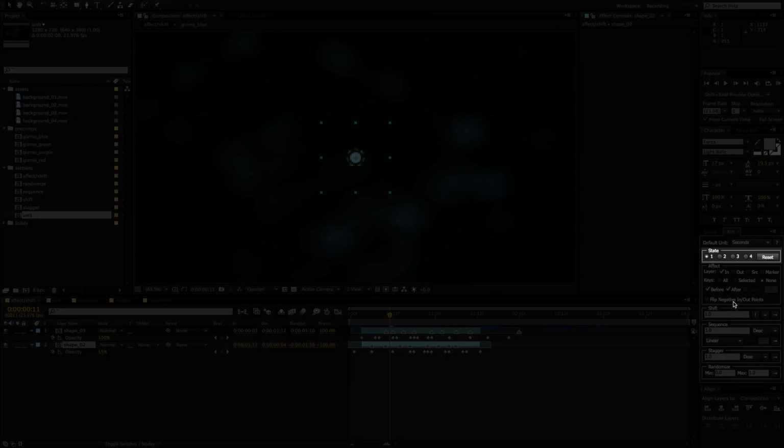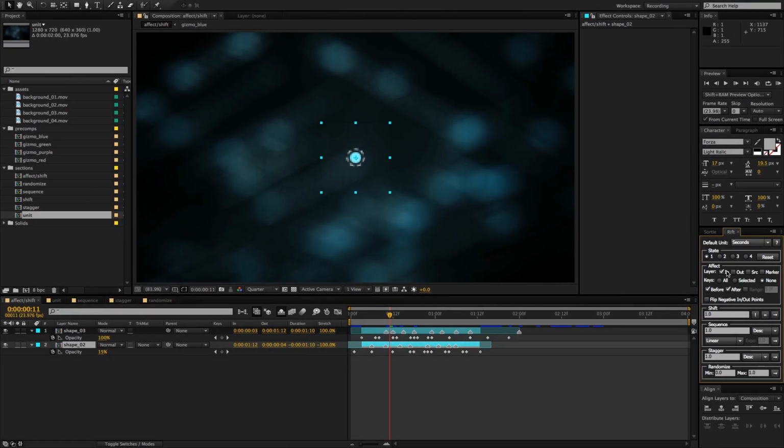The state panel helps you save current settings for later use. So say we wanted to keep this current option that we have right now of moving just the endpoint over by 1 second, and we want to do something completely different. So let's jump over to another state, and everything will reset to its default because we haven't done anything in this state yet. And let's say we only wanted to move the out point of these layers backwards